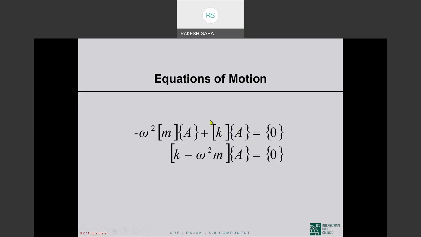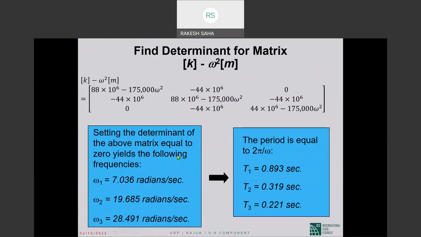So if we rewrite it, k minus omega squared m, this is a matrix, times the vector of amplitudes is equal to the null vector. Okay. So this matrix, k minus omega squared m,